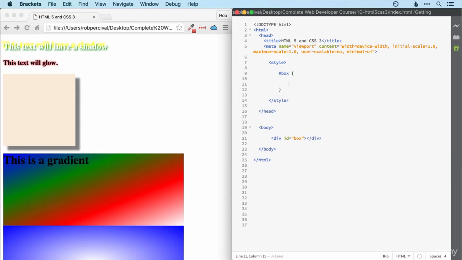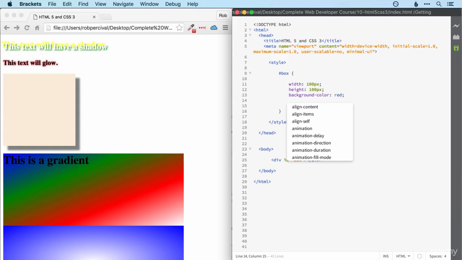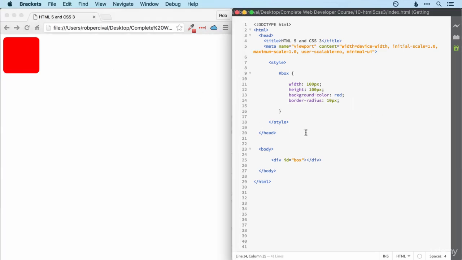And then we'll take our box and we'll give it a width of 100 pixels and a height of 100 pixels, a background color of red, and just for fun, we'll use the CSS property border radius of 10 pixels to give it slightly rounded corners. And then we're going to see how we can apply a number of different transformations to this box, some of which may seem pretty trivial, but when they get combined with an animation, that's when you'll see